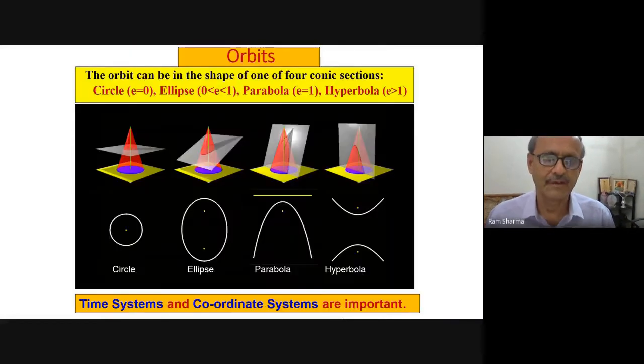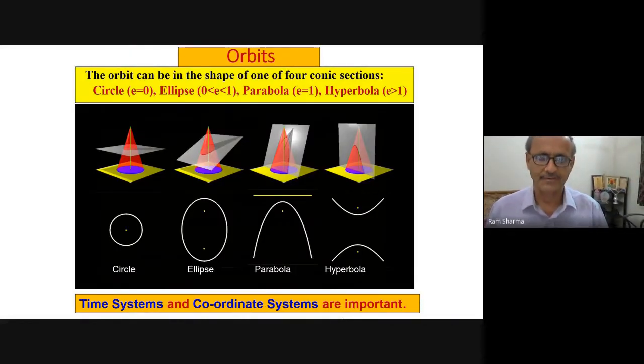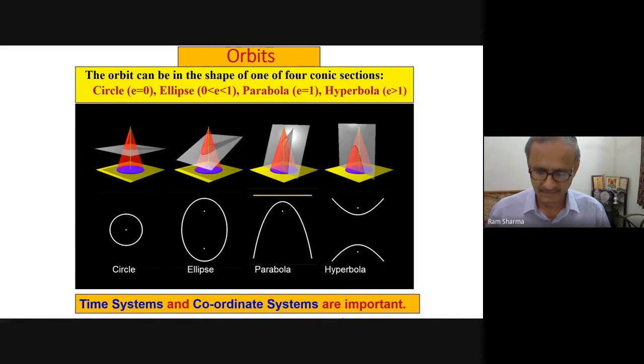So we will come to our area. See, we can have 4 kinds of orbits. You cut a cone or a double cone. So that is how we introduce to our students a circle, ellipse, parabola, or hyperbola. These are all orbits we need. And when they study engineering drawing, then also these are needed for them. So a right cone is a very good example for them.